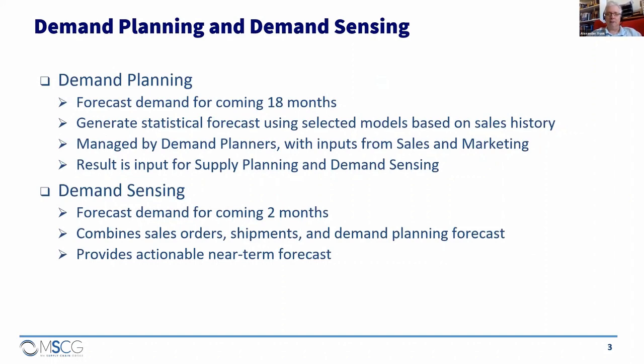So demand planning and demand sensing are two different aspects of the SAP IBP system. Mahesh, could you explain a little bit further? Yeah, sure. Demand planning is typically a conventional method of generating statistical forecast based on the sales history or shipment history. And we can generate forecast for a long-term horizon of 18 months to 24 months. And with a demand planner override or many other inputs like sales and marketing forecast or customer forecast, we can influence the demand planning output in terms of consensus forecast. That output can be used for supply planning, and also it can be used in demand sensing.